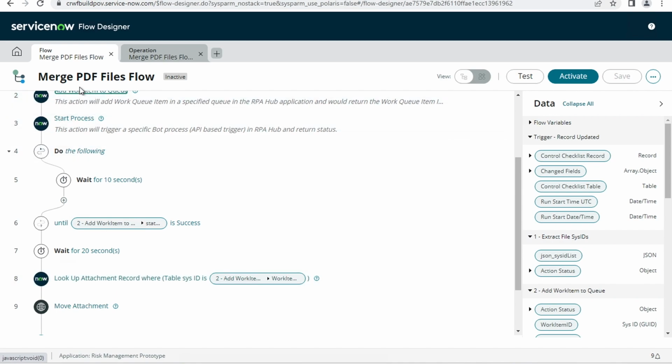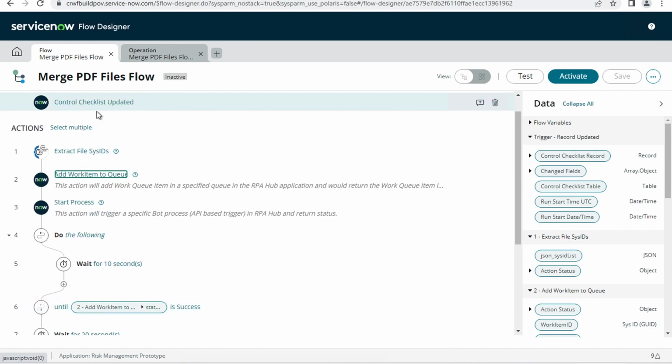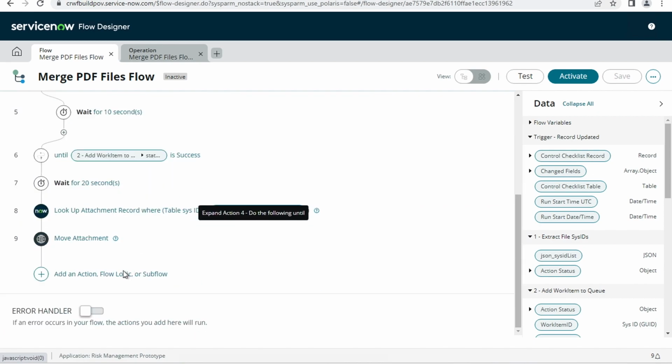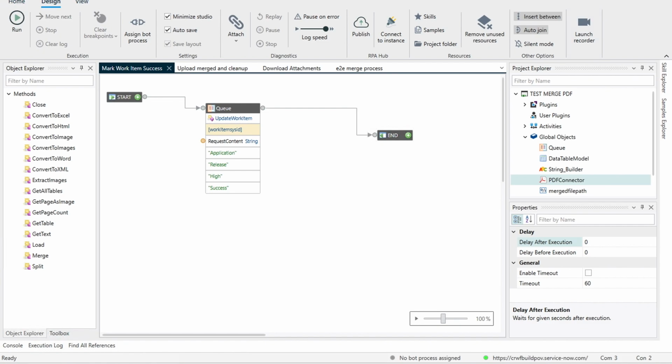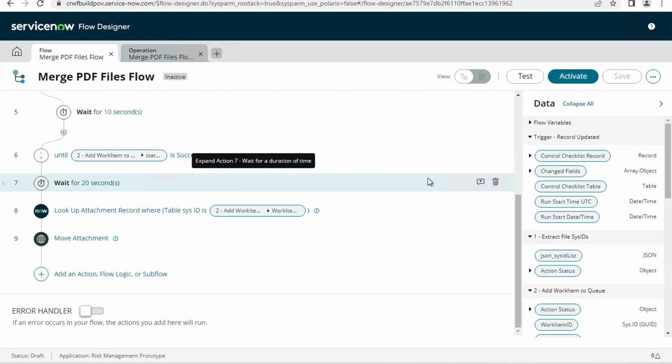And then the business logic in that flow is taking care of moving that newly created merged PDF to the checklist record. I'm moving it there. So I think we're ready to test. I'm going to close RPA Studio. We don't need that. We're going to be triggering everything from